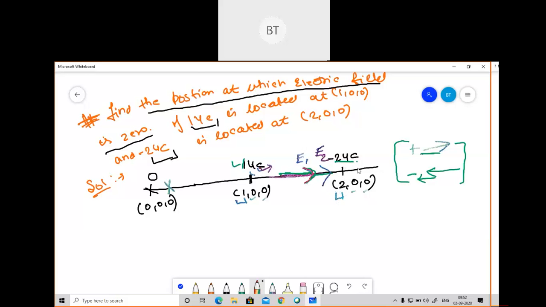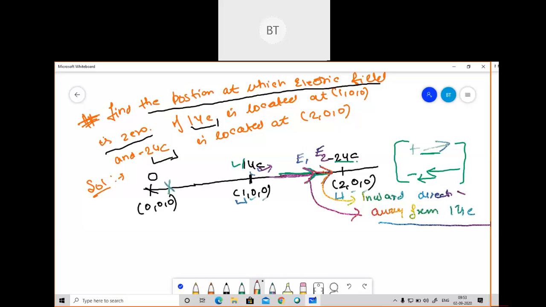Now because of -2, minus is there, so this should come close to minus. If it will come close to minus, I should put the arrow like this. So it is coming to the -2 microcoulomb. Since E1 and E2 have the same polarity, I can call this the inward direction towards -2 microcoulomb, and this is the outward direction away from 1 microcoulomb. So if you understand this, now the problem has been solved.